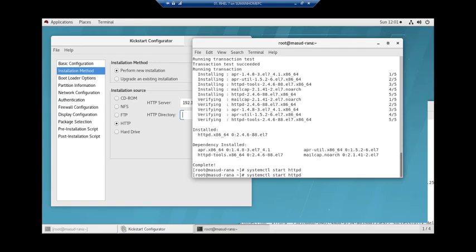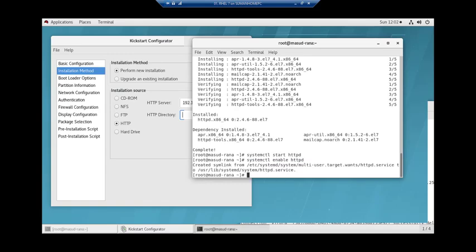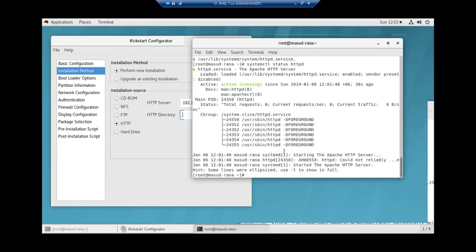Now I have to assign this service to start the next time it reboots by systemctl enable httpd. Yeah, okay. Let me check the status by systemctl status. Yeah, it is active, and hopefully it will start while the system reboots.